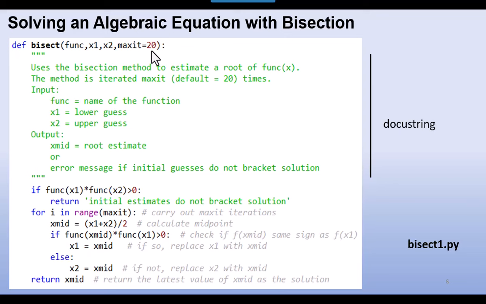But it would allow them to put in a different number if they want. So that's a feature that we've added here. And then we describe our input arguments, and then the output argument, it says or an error message if the initial guesses do not bracket the solution. And then down here, we very much have the same